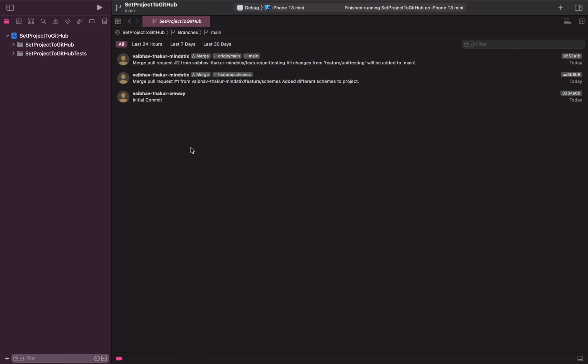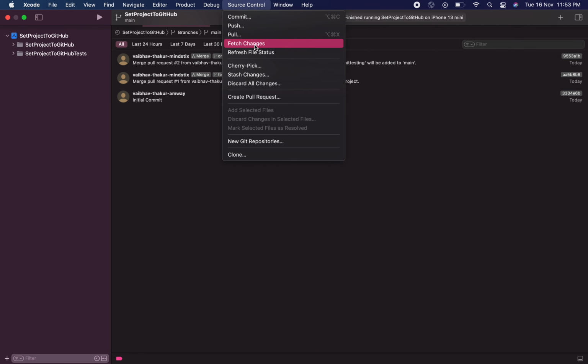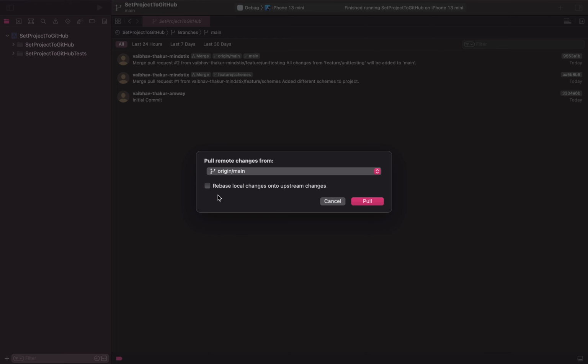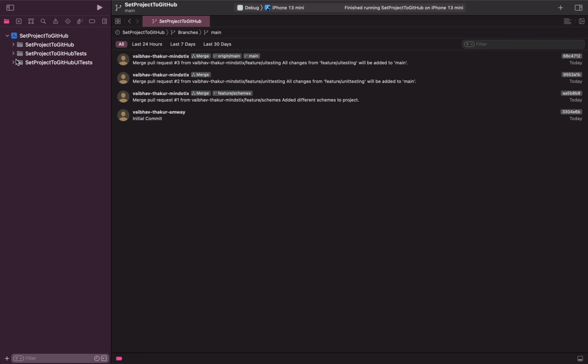To see that, we need to fetch the changes. So go to source control and click pull, take a pull from main, click on the pull button, and once that is done, we can now see the UI tests.